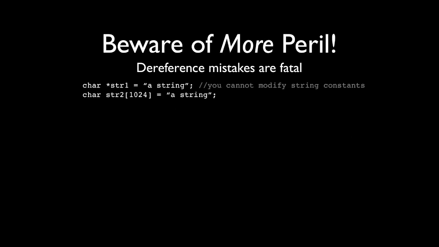And beware of more peril. This one is very counterintuitive and actually made me angry when I was learning C when I was younger because it doesn't make a lot of sense when you're starting out. If you set a string equal to some quotes and you're just capturing a pointer to those quotes, like I showed you in that other slide, it's actually called a string constant, and it's read-only memory, and you can't change it. If you try to modify that first one, it'll crash.